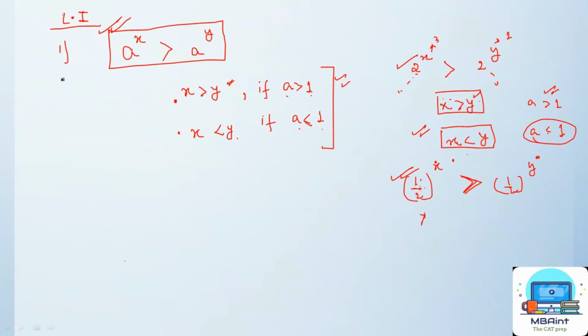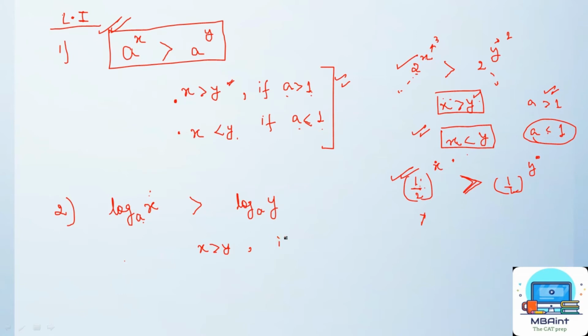Having done this, now let's move to condition number 2. In this condition I have log involved. If this is log, the base is a and the value is x, and on the right hand side as well I have log with the same base a and the value is y, and I'm saying that the LHS part is again bigger, how is it possible? It is only possible when I have x greater than y, very naturally. If both the bases are same and x is greater than y, then only it is possible.